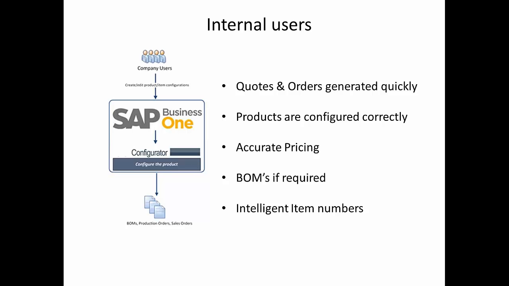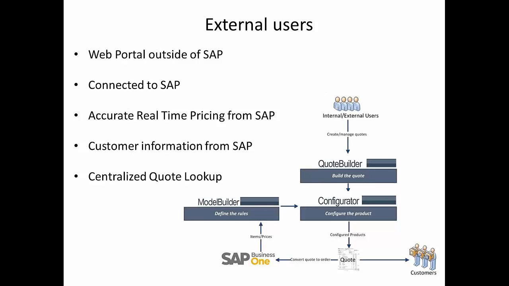And again, the choice is yours whether you use a bill of material, whether it's needed to be displayed and used in the system. We also have the ability to create an intelligent item number, because we are finding more and more that companies like to have some intelligence in their item numbers. And again, I'm going to show you just an example of how that comes into SAP also. So the first way, to clarify, is with SAP internally, launching a sales order or a sales quote. The second way is because our solution works in a browser, it lends itself very nicely